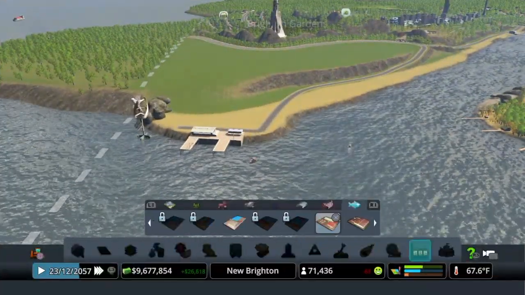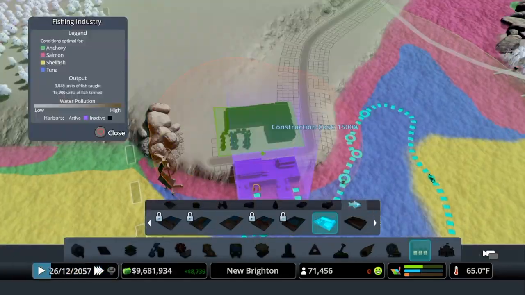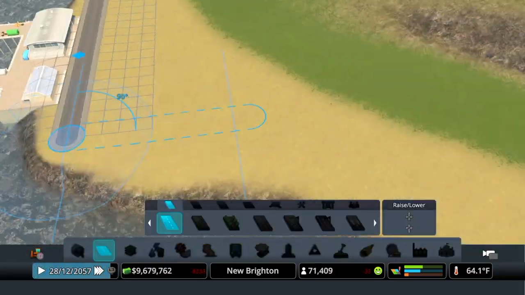Next I want to fit in the fish market and the fish factory, and I want to keep this down in this area down here, so the roads are clear for just the traffic for the